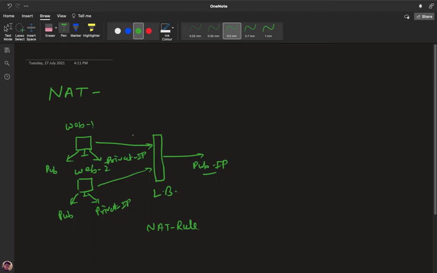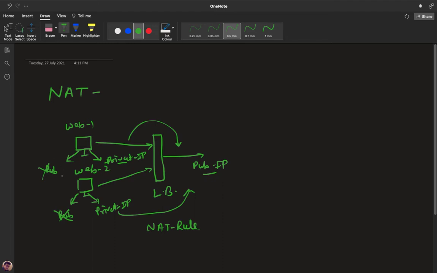So let's talk about how the NAT rule can help us. The NAT rule is responsible for translating your private IP address to the public IP address of your load balancer. By using this procedure, you have the option to remove the public IP address of every virtual machine connected in the backend of the load balancer.